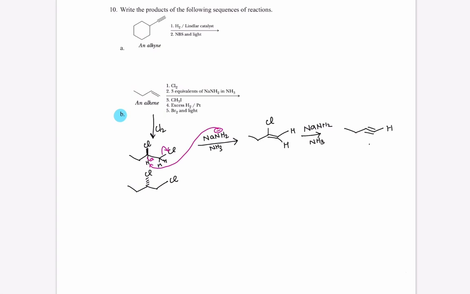Okay. Now with the third equivalent of NaNH2, the acetylene hydrogen will be abstracted. So this hydrogen will be abstracted, and it's going to create an acetylide ion. So that would be the acetylide ion that will be created. Remember, you have the carbon here. Okay. So once the acetylide ion is created, in the third step we are going to react with CH3I,